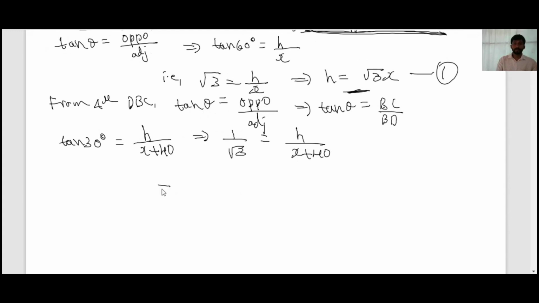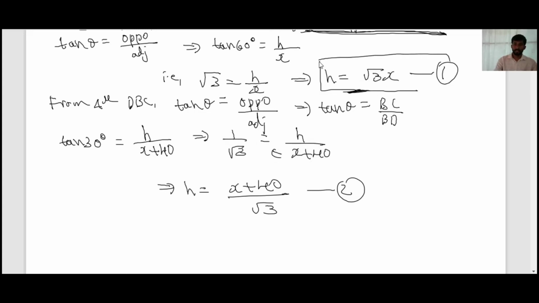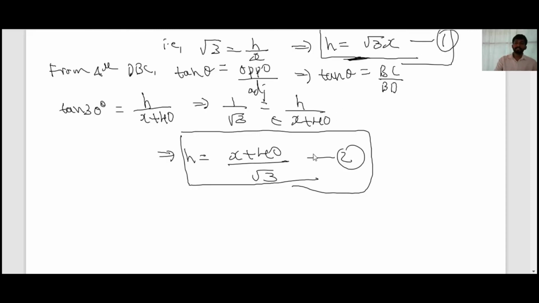Again, see, this implies h value is equal to x plus 40 divided by root 3. Take this as equation 2. Okay, just cross multiplying, taking x plus 40 to the left hand side, 1 into x plus 40 by root 3, then on the right hand side only h is remaining. Now see, one value of h is root 3x. Another value of h is x plus 40 divided by root 3. Okay, but h is always equal to h, right? Okay, so from 1 and 2,